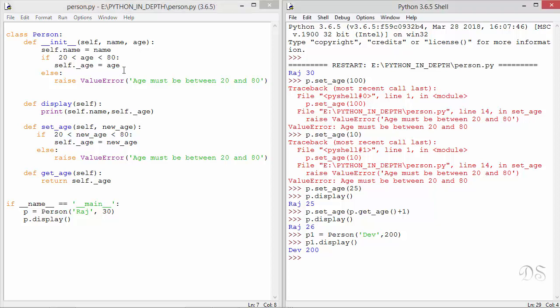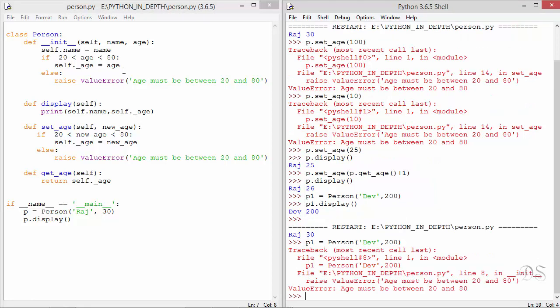Let's run this. Now we create this new instance and it showed us this error. So now the data validation is done here also when we create a new instance object. Now this code works, but it is not Pythonic. We are repeating the same code at 2 places, and another problem, which is a big one, is that it breaks the existing client code.